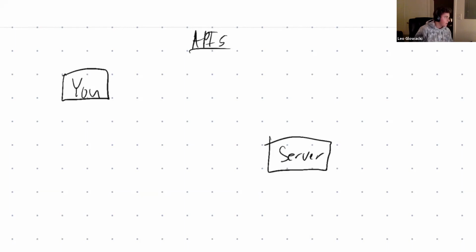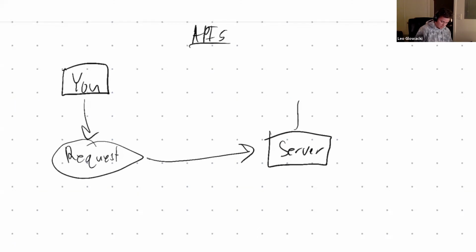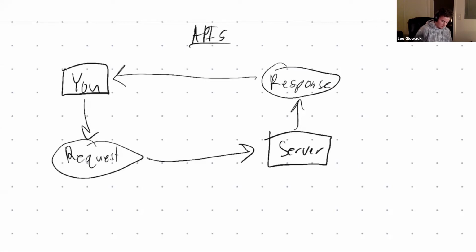So to explain the concept of APIs more, basically there's two main entities. There's you and there's the server. And you can interact with the server by sending it a request. And then the server will actually generate a response, and send it back to you. And this request here